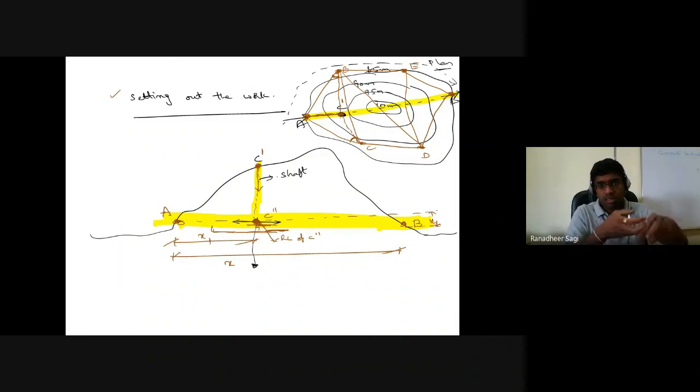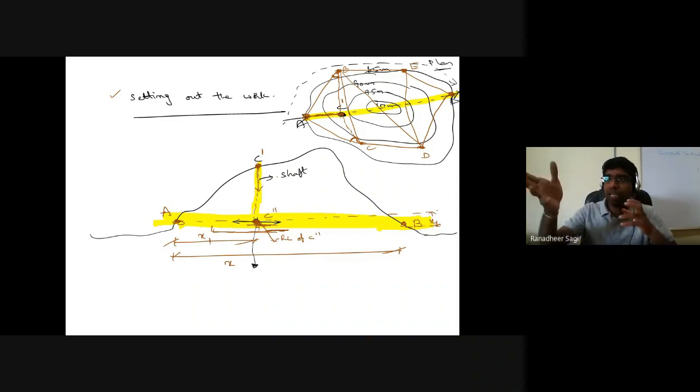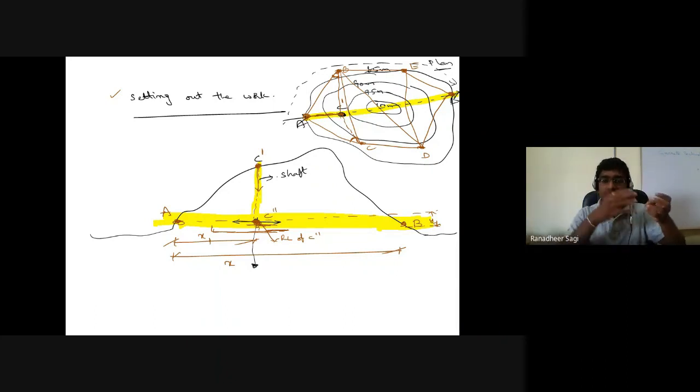For example, if I want to make the construction of a tunnel, how exactly am I required to go about it? It's not just that somebody starts from here and reaches some other point on the other side. You will exactly know where to start and where to end. In the process of reaching from the start to the end, you are required to travel from the correct point to the correct destination. So how do we travel to prepare your tunnel? This is a classical example which relates to understanding setting out the work based on this triangulation network.